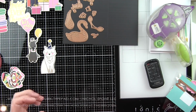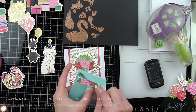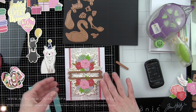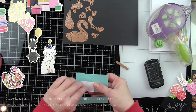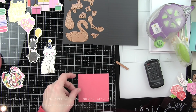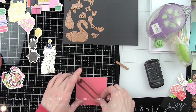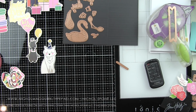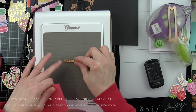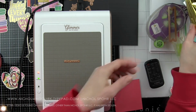Love all the foiling on these die cuts. Here is another example. I used the other half of the pattern paper for the background here that I used for my birthday card, matted it on some of the raspberry cardstock. We again are going to use this Glimmer Hot Foil Kit of the Month to make this into a thank you card. So instead of using the happy birthday greeting, we're going to use thank you, and we are going to actually die cut this completely with that banner die so that we get both of the little notched ends for the banner,